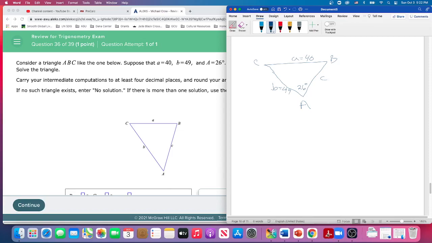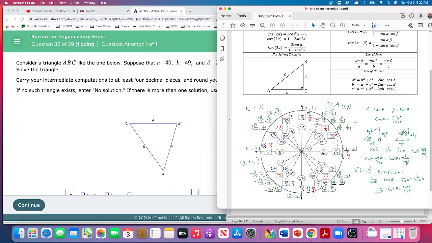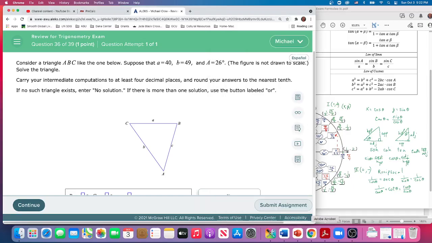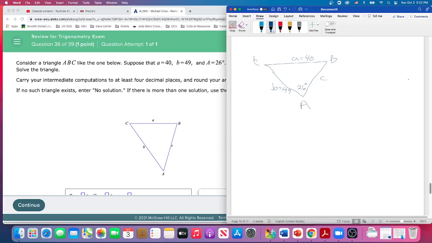What we will use primarily, in this case, is the law of sines. Sine of A over little a, sine of big B over little b, they're all equal. So that's our law of sines. So we'll start with sine of big A over little a equals sine of big B over little b. Because we have little b, we'll be able to find what this angle is, and then once we have that angle, we can use the fact that a triangle has 180 degrees to find C. Once we find C, we'll be able to find the side opposite using law of sines.